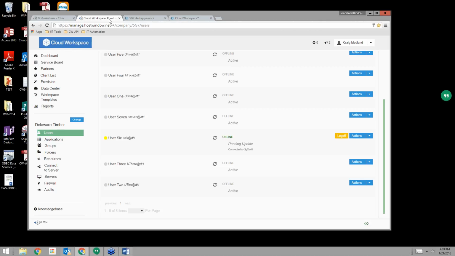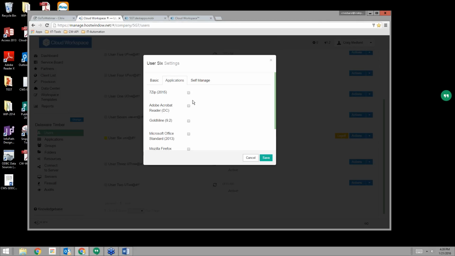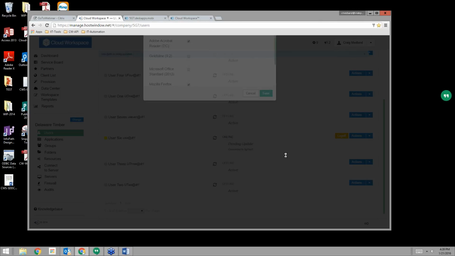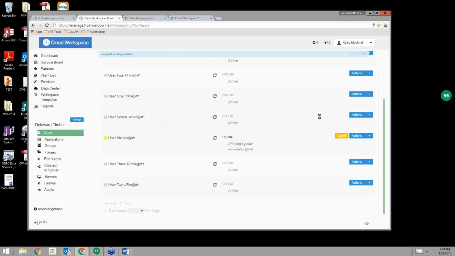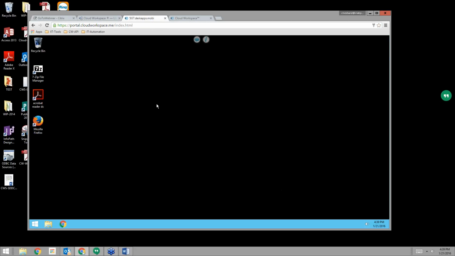Yeah, and it's dramatically different than, those of us that have obviously managed Windows servers know what it's like to try and manage an application like that across all the different desktops. You look at what this becomes for your end users, and even for your MSP help desk. Okay, you have a client that wants to install 7-zip instead of WinZip, or who even uses WinZip anymore? But I think you know what I meant. They want to install 7-zip. It becomes that simple to push it out to all their users, and they just have access to it.